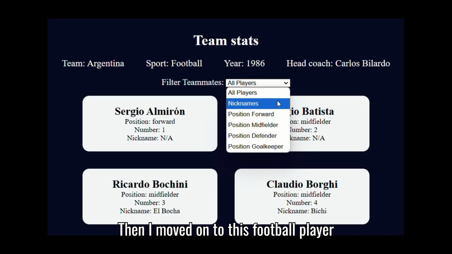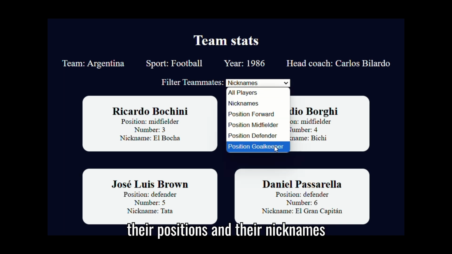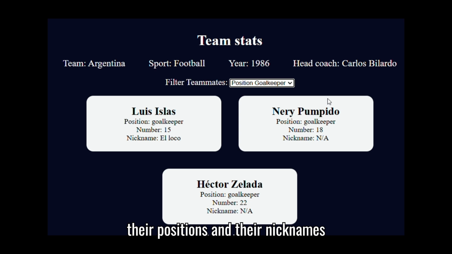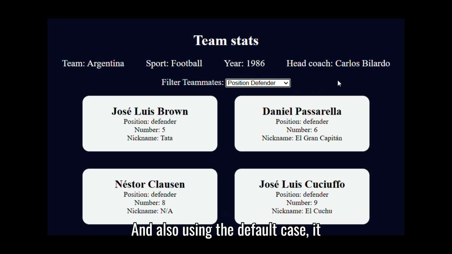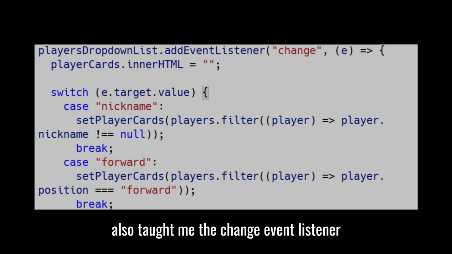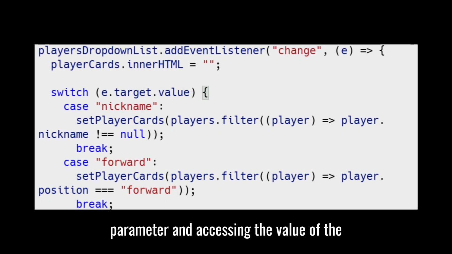Then I moved on to this football player cards application, which basically outputs a list of players which you can sort by their positions and their nicknames, etc. This helped me further my understanding of the switch statements and also using the default case. It also taught me the change event listener, along with passing an event as a parameter and accessing the value